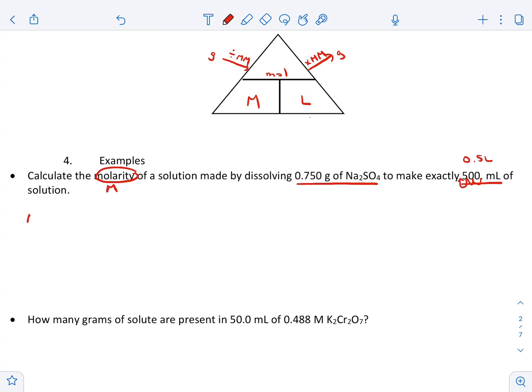So over here to the side, molarity is my question mark. Liters is going to be 0.5 liters. And moles, we're going to have to do a little work to get there, because right now we just have grams. So let's take a quick look at that. And we have Na2SO4. So as an aside, we need to find the molar mass of Na2SO4. So just a quick review. Na, we have 2 times